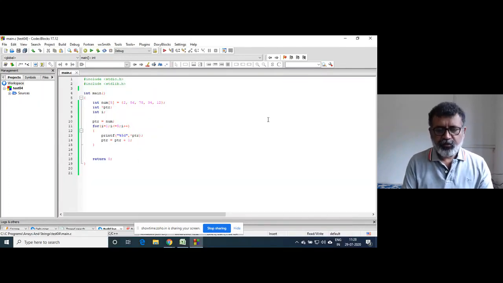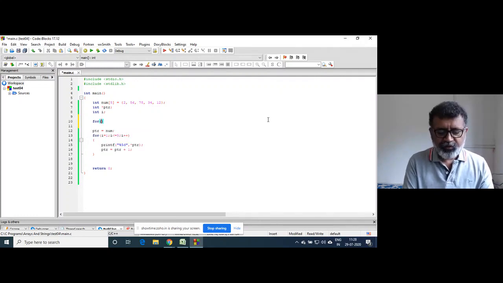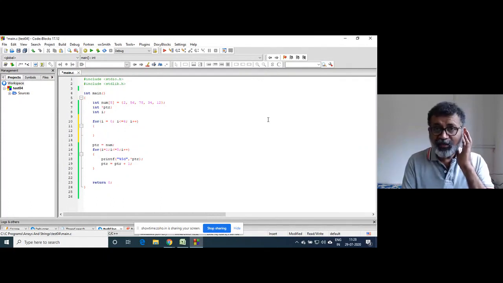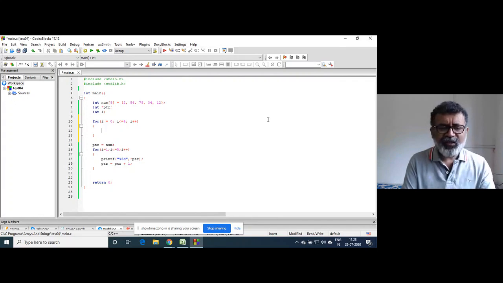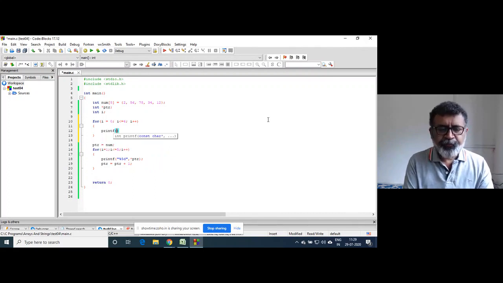Initially, when we wrote the basic program of an array, we wrote i is equal to 0, i less than or equal to 4, i++. That is how we print the array or access the array, not print. Printing is not important, accessing array elements is important. For our convenience, we are just printing. That's it.